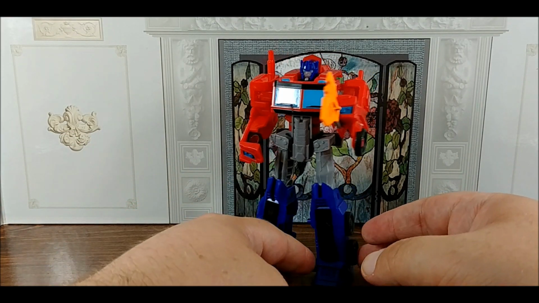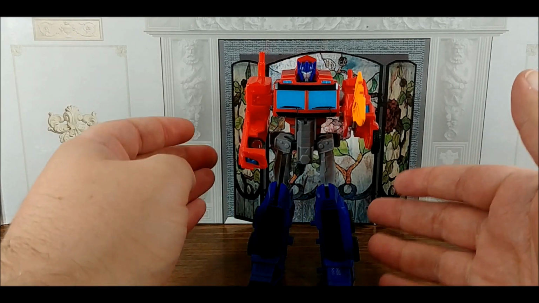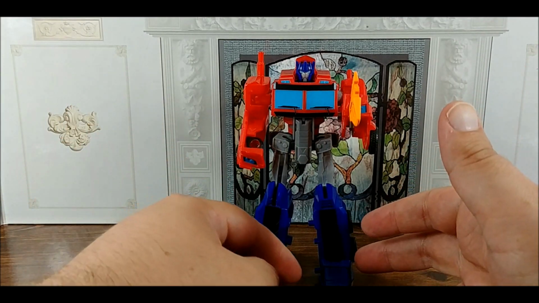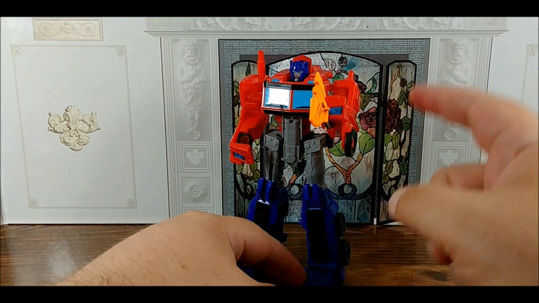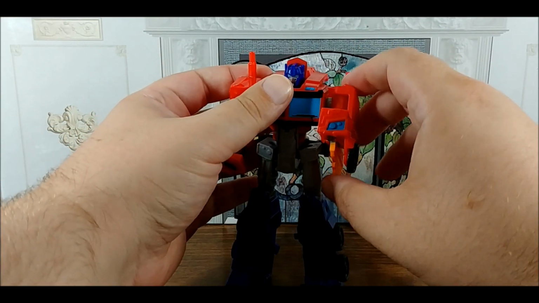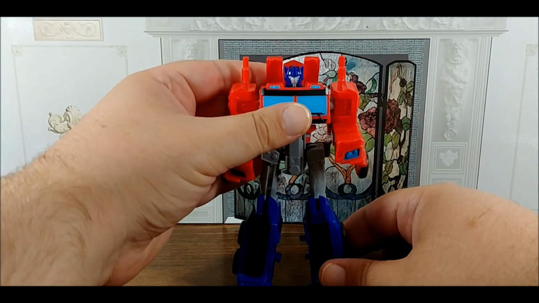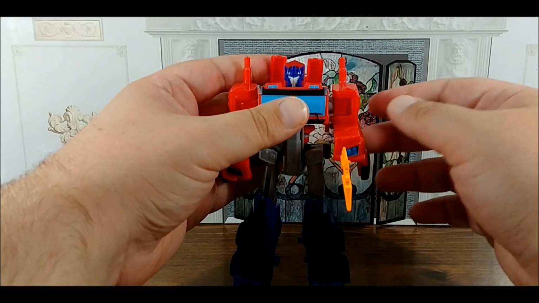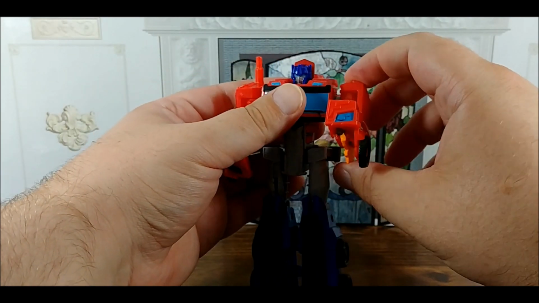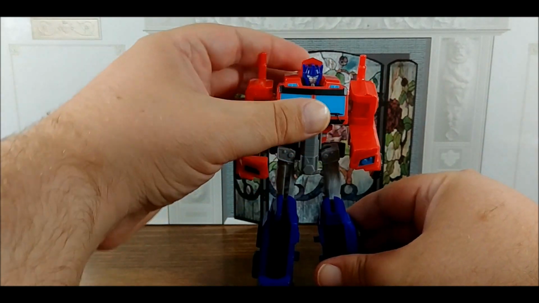Really don't know what more to say about Warrior Class Optimus Prime. I hate to say it just because mine is so loose, but he's got to be the weakest of the Warrior figures I've encountered thus far. If his arm gimmick worked a little bit better, and unfortunately, during the review, it missed. Oh, there we go. See, we had it right here where the arm didn't shoot forward. You know, that happens to me more often than not, and it just has to do with the fact where if I was doing this, I would have the gimmick